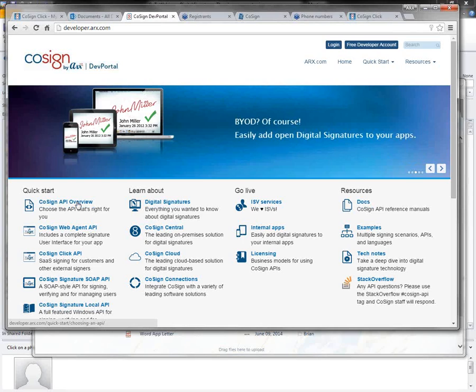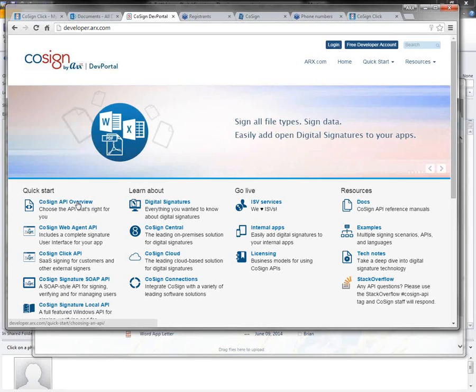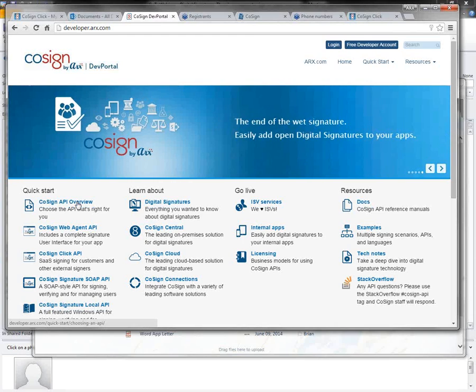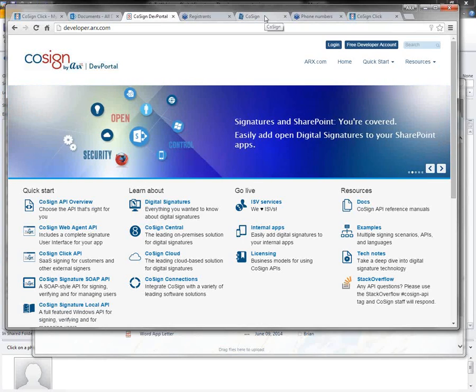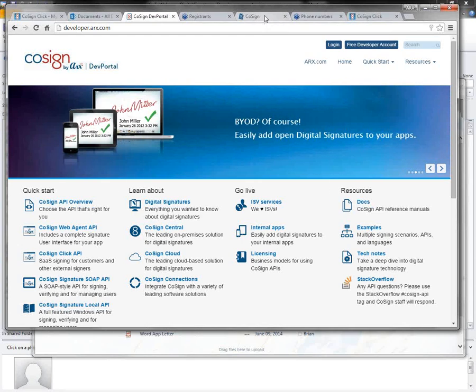Anything that has a fully featured web browser on it should be able to sign directly within the SharePoint repository in that type of environment. Another environment that we can utilize is native mobile devices. So we do have applications specifically for Android and iPhone or iOS devices. So Cosign can be utilized with those as well.